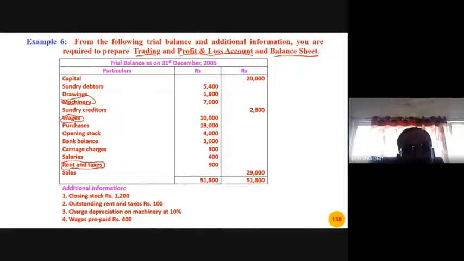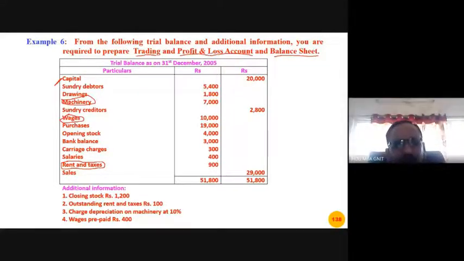Let us first of all take this capital. Capital means what? Capital is the amount invested by the owner. When we think on behalf of the business firm, it is a liability. It is a liability of the business because it has to be repaid to this owner. So mark it. Every item has to be marked when it is taken to record in the statement. So capital is a liability, and it is to be shown on the liability side of a balance sheet.